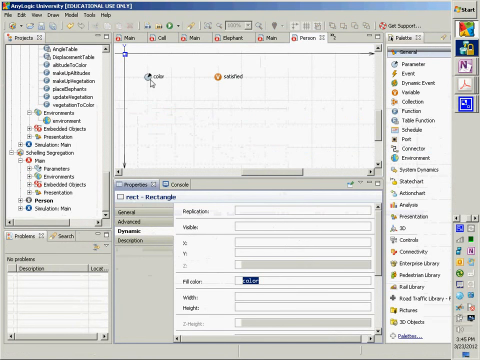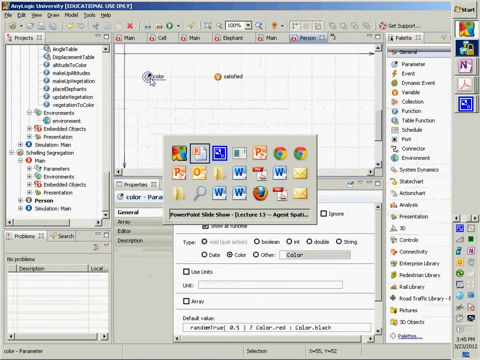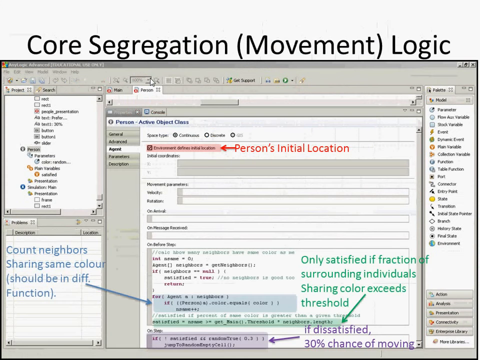So that's just based on that parameter, the parameter that was set, you'll recall, by the enclosing population. Okay, so here what we're going to look at is a discrete time model logic. Okay, so I'd like you to go